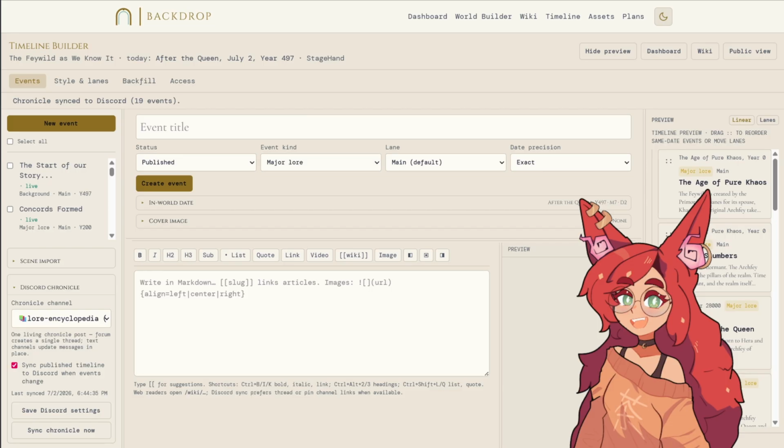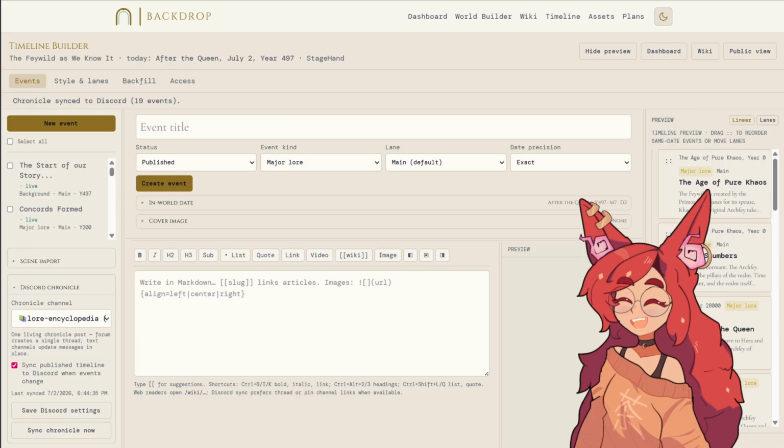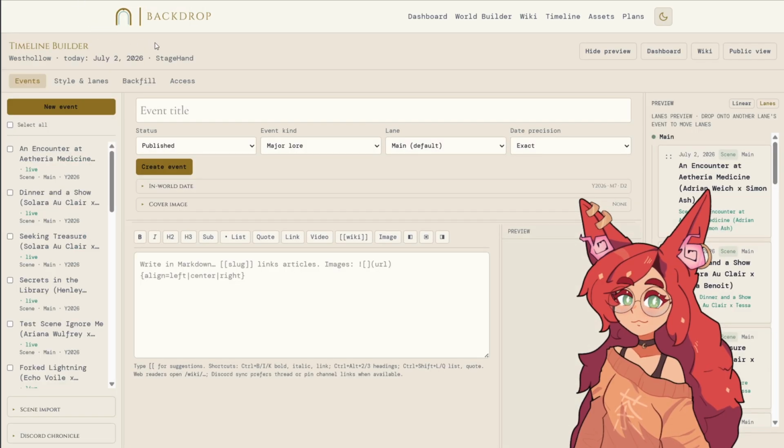The BackDrop 1.6.0 update, which brings us timelines. There's a lot of stuff in these patch notes. I suggest you go checking them out on the BackDrop wiki in the video description if you want to see all of the fine details, but I'll go over the top level notes, which is there's been some improvements to